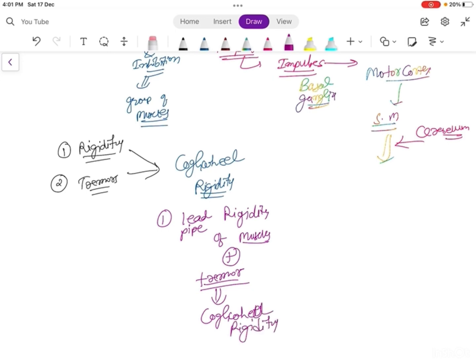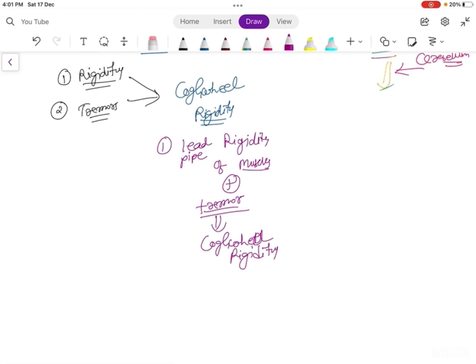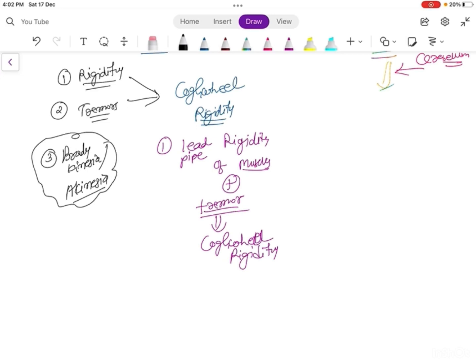Right? So these are the two clinical features. And the other one, that you all know, is bradykinesia or akinesia. As I explained earlier, the initiation of the movement is mainly under control of the basal ganglia. So when there is a problem in the basal ganglia, there is a problem in initiation of the movement, and that will lead to decreased movement, that is called bradykinesia. So these are the cardinal features and the mechanism of why they occur in Parkinson